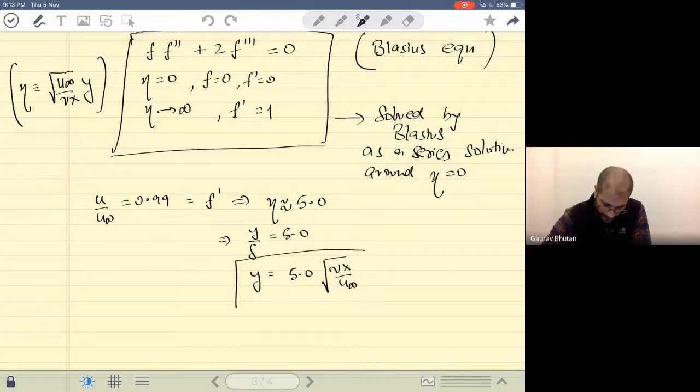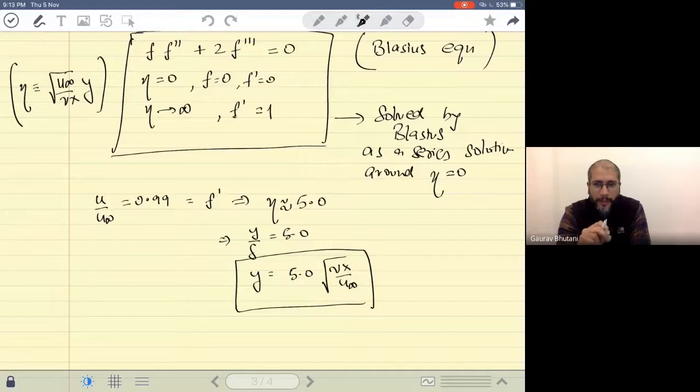Actually, we sometimes call this boundary layer thickness delta, but remember the delta that we have been using is the functional form of how the boundary layer thickness varies as a function of nu, x and u infinity. That delta is obtained from the order of magnitude analysis, so that will not give us the value of the constant. That constant is 5.0, and this is quite close to the actual boundary layer thickness we see. So this was a quick recap of what we do in fluid mechanics to solve for the velocity in the boundary layer.